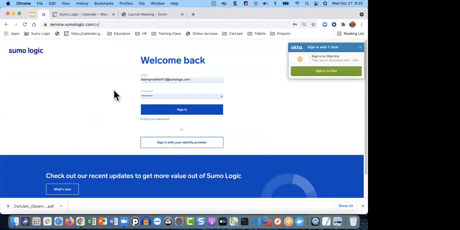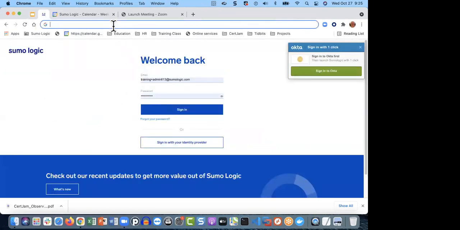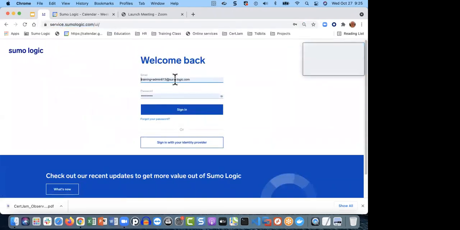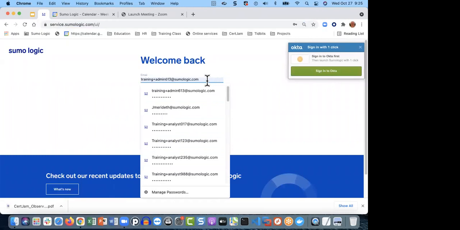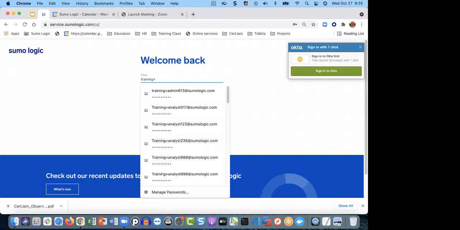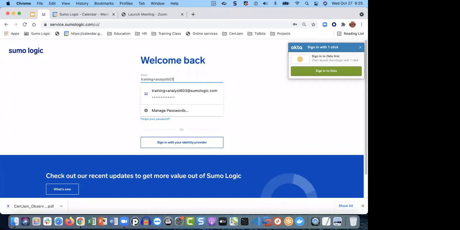So what is it I want you to do? I want you to go to service.sumologic.com, and you should get something that looks like this, a login where it wants an email and it wants a password. Now, just for fun here, I'm going to grab the number 603. Why 603, you ask? 603 is the area code for the state of New Hampshire. So I'm going to log in as Training Plus Analyst 603 at